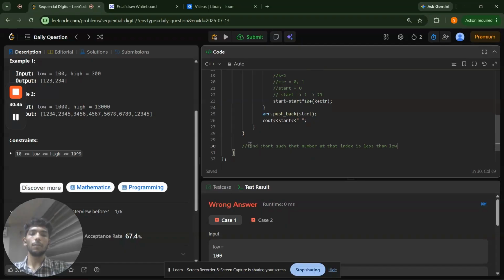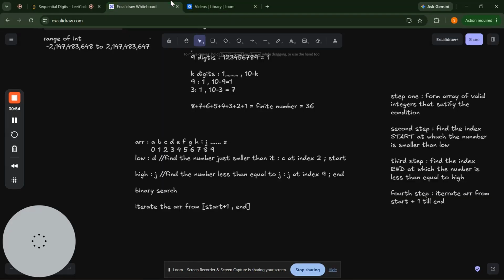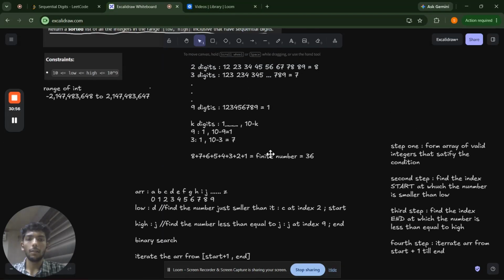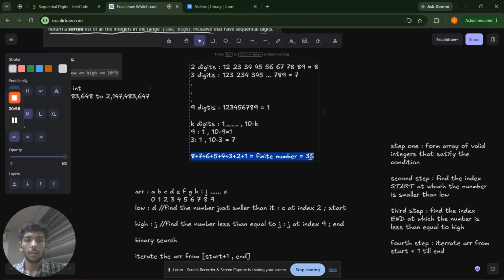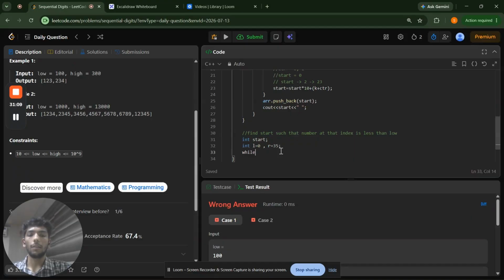What we will implement is a binary search. Int l equals 0, and we have found that the total number of elements here will be 36. So the last index will be 35, so r will be 35, and as we know, for binary search we will be doing this while l is less than or equal to r,